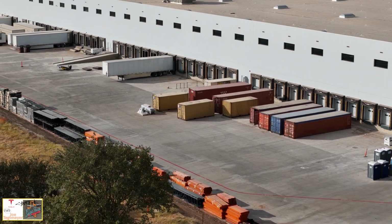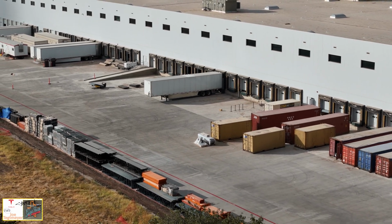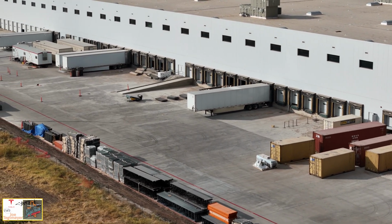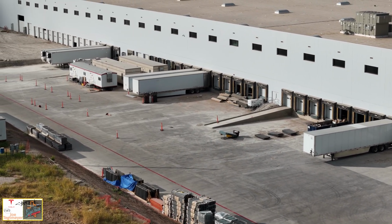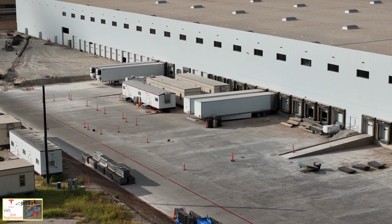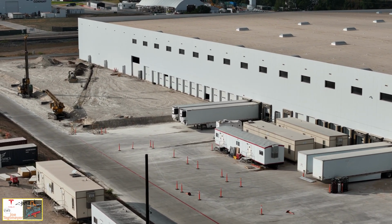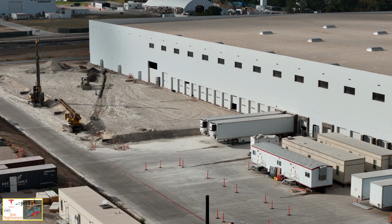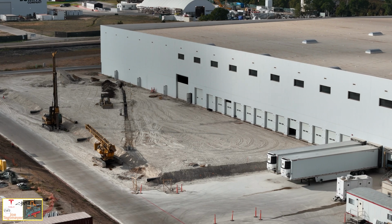So, I wish I could show you what's going on inside. I'd like to know myself, but I think just seeing all these materials and all the trailers and all the other items here that are not related to just basic construction, but going inside for the production, I think that's great to see. Now, as we approach this part of the building near these receiving docks, you can see